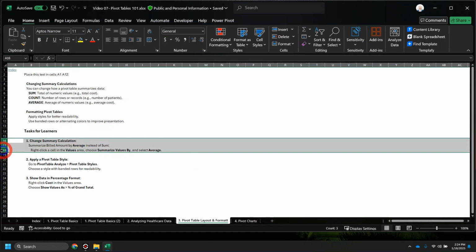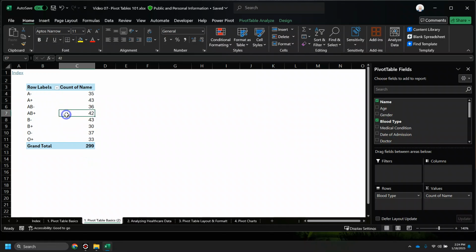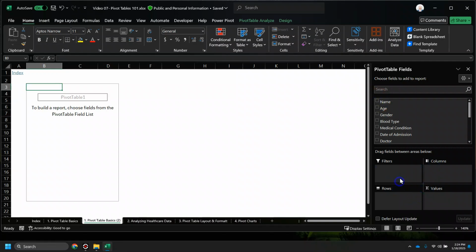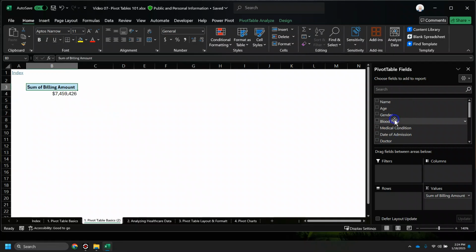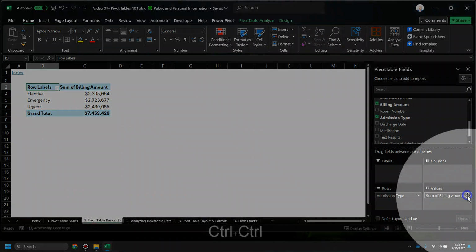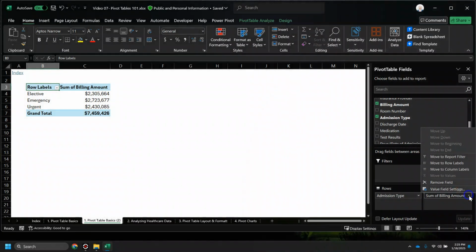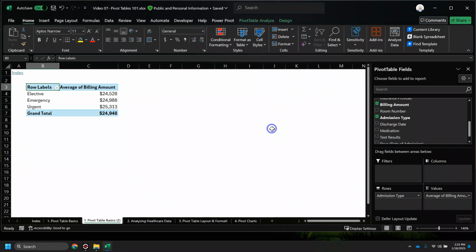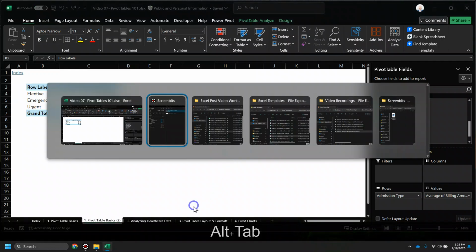Go ahead and sum something like total billed amount and then switch it. Take a little practice and do something I've already shown you, but let me show you one more time. I'm going to get rid of everything that's in there. I've got nothing in the pivot table now. I want that billed amount as the value, and let's go ahead and do it by the admission type. Now we've got a sum of billed amount by admission type. But I showed you, if you choose the caret here next to sum of billed amount, you can go to the value field settings and switch that to an average. Get a little extra practice, get that stuck in your brain, how to make that change in pivot tables. Then,